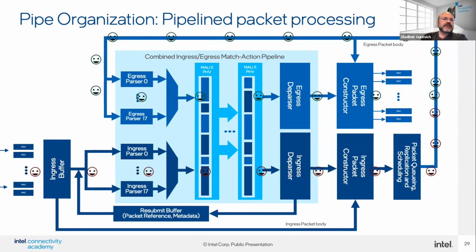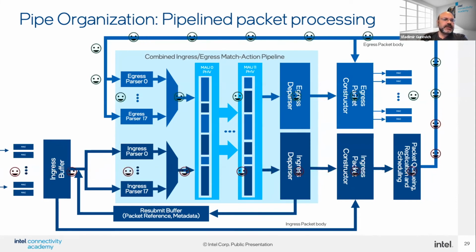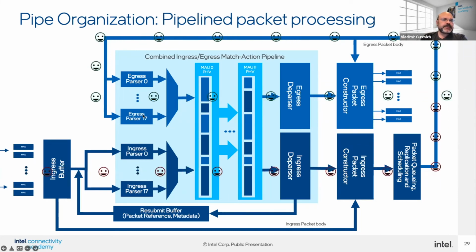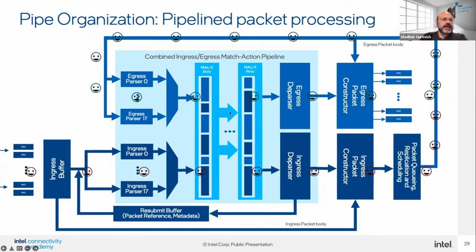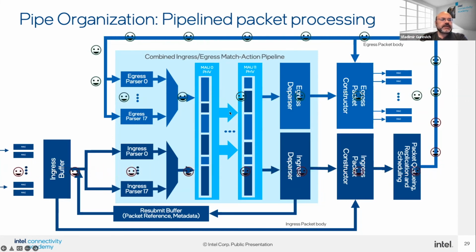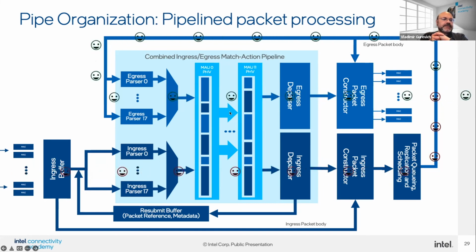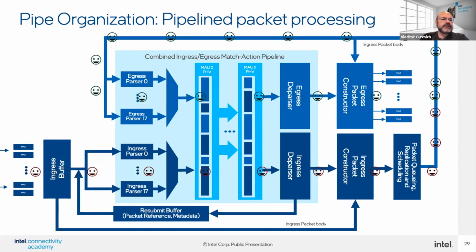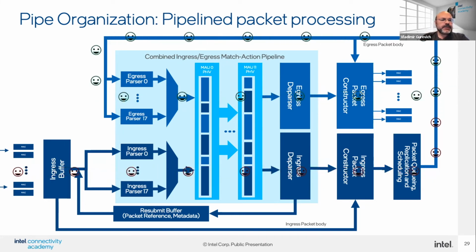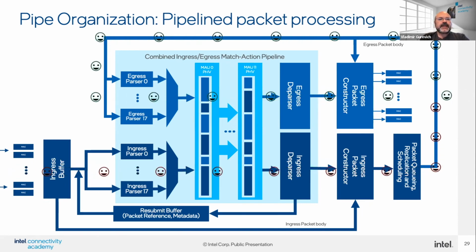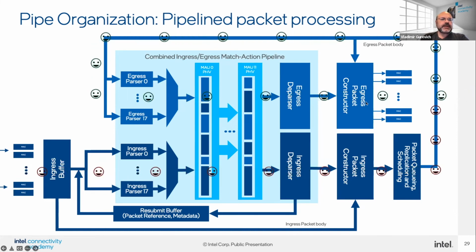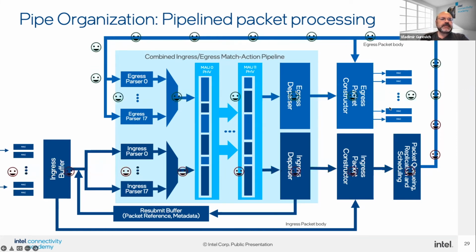And then as you see, it goes for the next round, which is egress processing. So there it is parsed again, this time by the egress parsers. Then it goes through the match action units again. And so as you can see, in case of Tofino, it doesn't have to be that way, but in case of Tofino, these match action units effectively act as a two-threaded device. So they process two packets independently. And then finally, we reassemble the final packet, reconstruct the full packet byte stream,